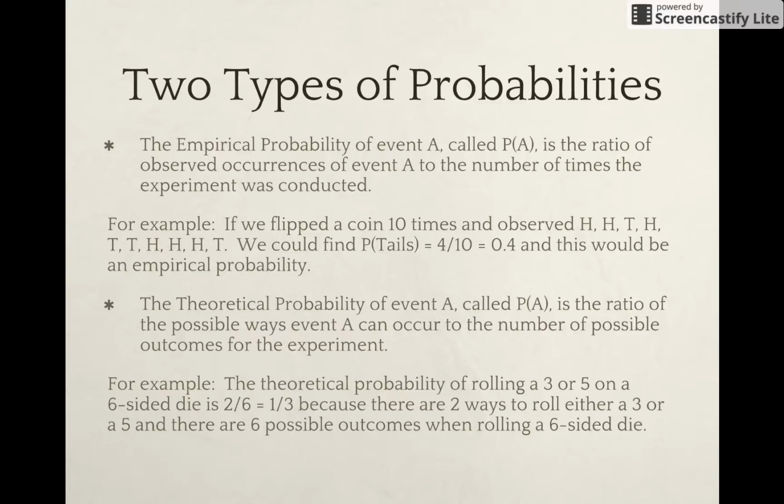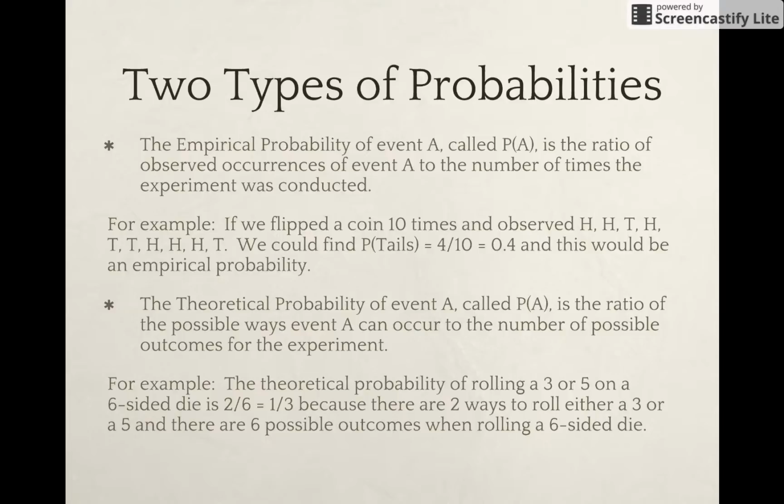There are two types of probabilities that we'll discuss. The first of those is empirical or observed probability. I like to say observed probability for empirical probability. For some event, we call it event A, notice that P(A) is the notation that we'll use here. That is representing the probability of event A. And it is simply the ratio of observed occurrences of event A